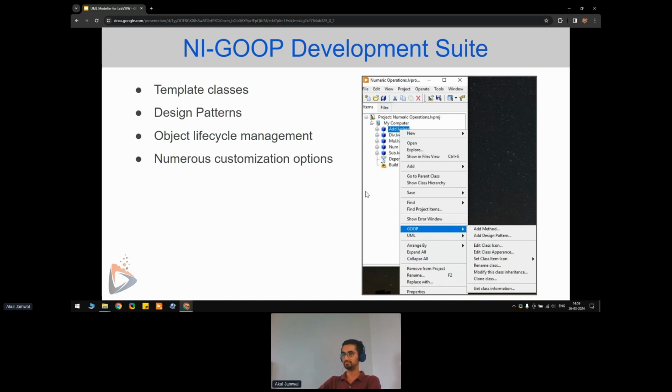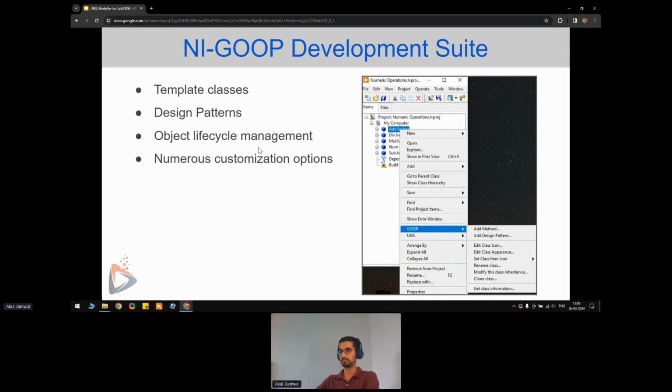You can add template classes and design patterns, and these template classes can be of different kinds. It can contain DVR based classes, queue based classes, or simple native classes. These actually promote object lifecycle management. It will provide you with methods to create your data and destroy your